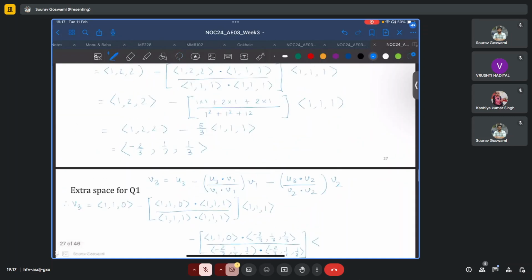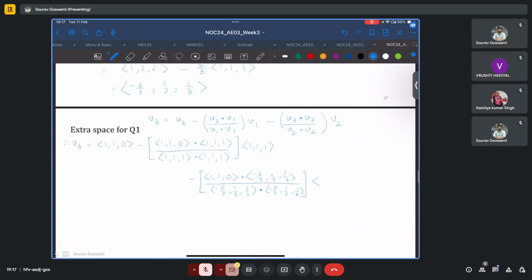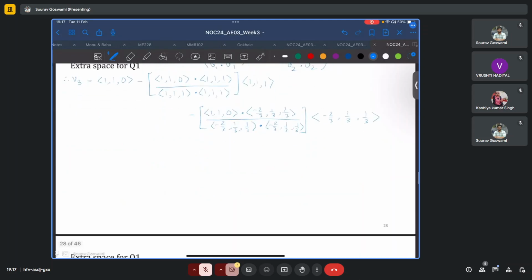Times V2, and V2 is minus 2 by 3, 1 by 3, 1 by 3. Now let us expand this. So this becomes (1, 1, 0) minus (1 into 1 plus 1 into 1 plus 0) by (1 square plus 1 square plus 1 square) times (1, 1, 1)